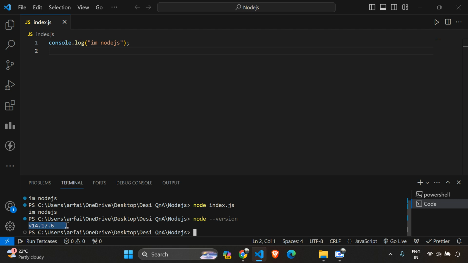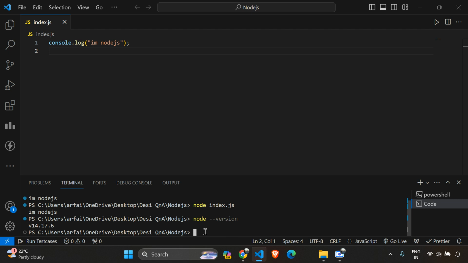I had installed this Node.js very early, maybe in the first year of my engineering, so that is the reason I have this 14th version. But that's completely all right if you are using some latest version. Versions will not play any role while writing the code. Whatever we write and what output we get is completely the same. So I just wanted to show you this particular command over here.